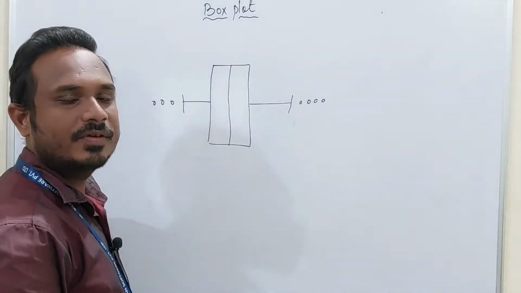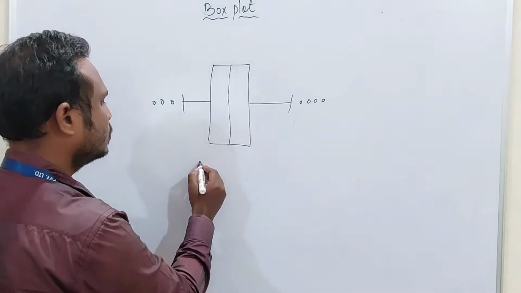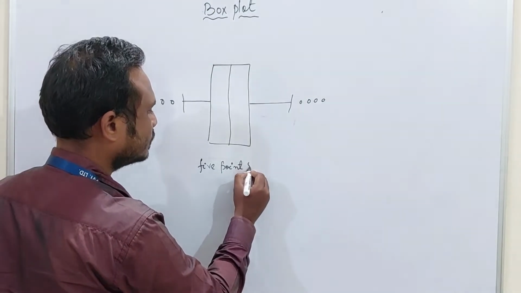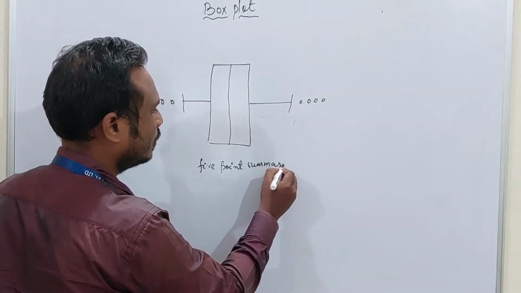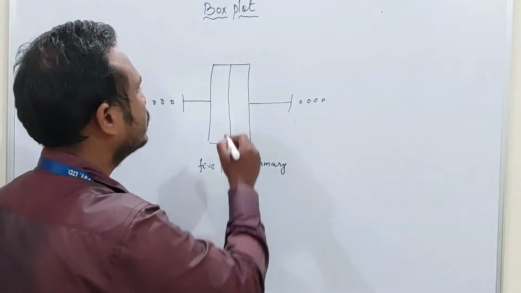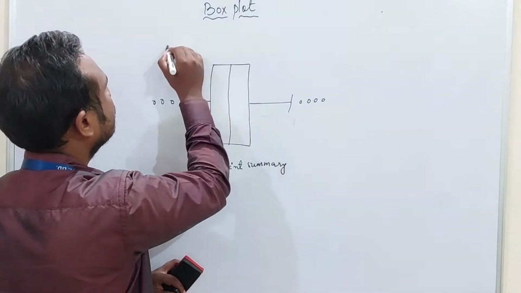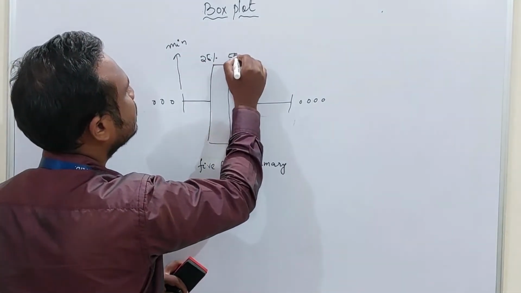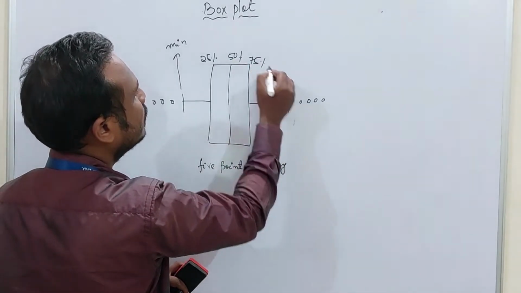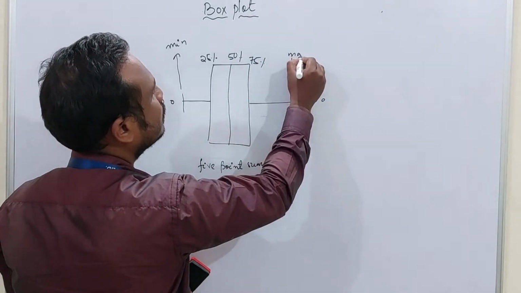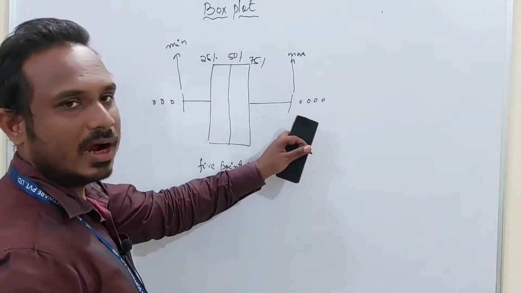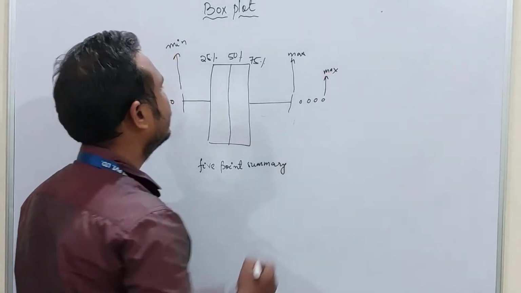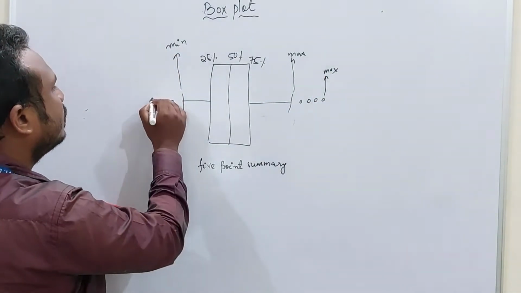Okay, so then comes the 5-point summary. So what is the 5-point summary of the box plot? This is the minimum value, this is the 25 percentile value, this is the 50 percentile value, this is the 75 percentile value, and this point is the max value. If there are any outliers, the max value turns to this one. If there are any outliers on the left hand side, the min value turns out to be this.